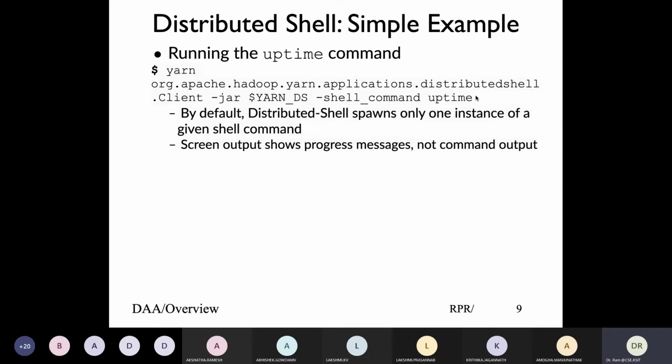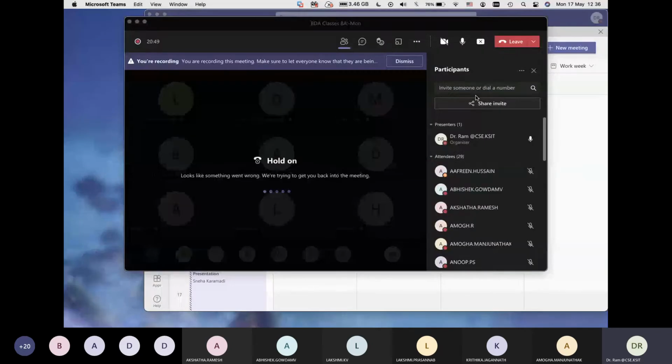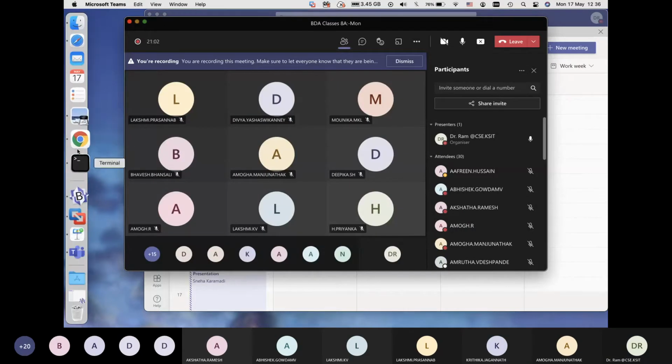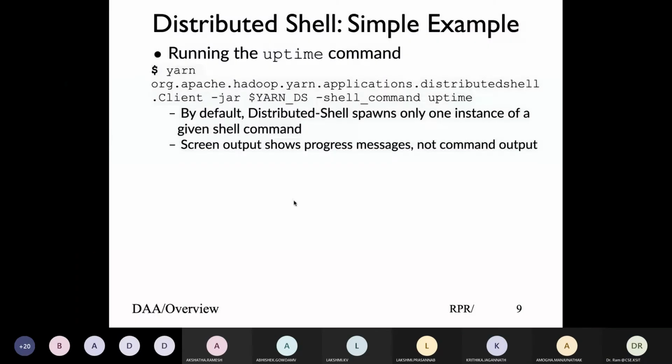When you run the command, the screen output shows the progress, how it is running, the MapReduce, YARN or Hadoop progress, and it does not show you the command output. For command output, you need to go to the log. Once the job completes, either it would have failed or succeeded.